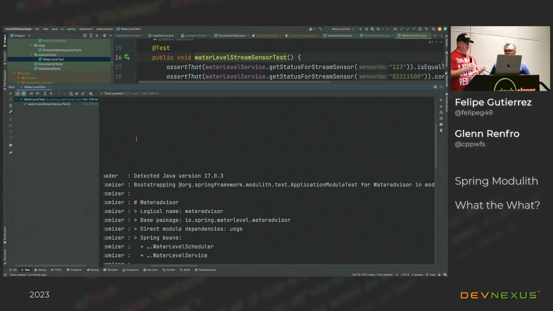So in closing, the goals of Spring Modulith is to allow you not only to be able to declare your architecture of what you would like to have as far as your modules are concerned, but also future-proof it, so as developers start working on your project in the future, if they make changes that violate the way that you've specified the modules and the behavior of the modules, it'll catch it at unit test time.